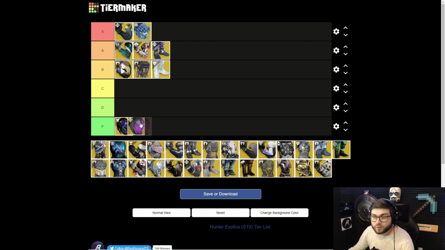Now we have Graviton Forfeit. This is an exotic that extends your invisibility. When you're invisible, you get more melee cooldown. You can pretty much be invisible 100% of the time if you have this equipped with the right build. But there are other invisibility based exotics that are better in my opinion in this, but it is still really good,